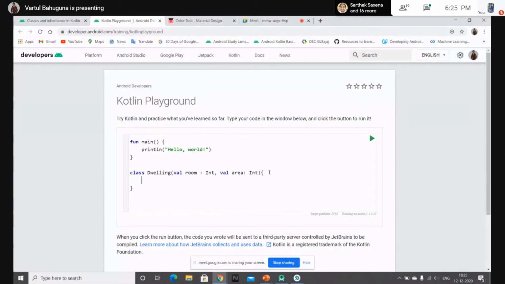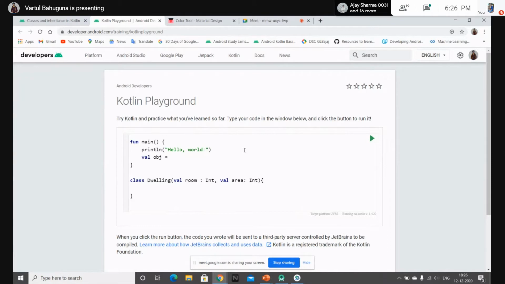Then we will have a print function over here. Let's just print everything in the main function itself. So to create its object, let's type val obj, or any variable name that you want, equals. In other languages like C, C++ or Java, while creating an object you used to type the keyword new, but that's omitted in Kotlin.